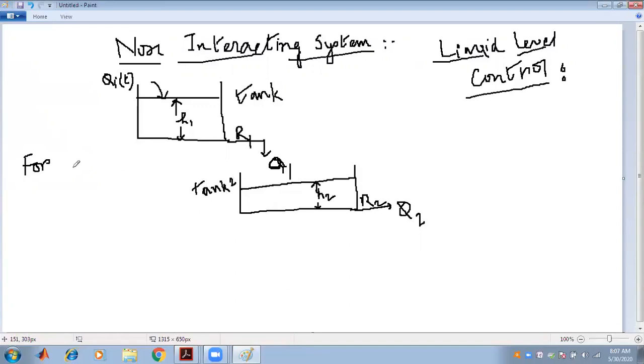So for tank 1 we can write the mass balance equation. There is the inflow rate, mass inflow rate, mass flow in minus mass flow out equal to rate of accumulation of mass in the tank, that is Qi, that is in, and out is the Q1, equal to A1 ddt of H1, that is the height of the